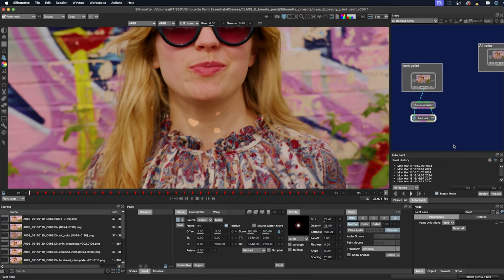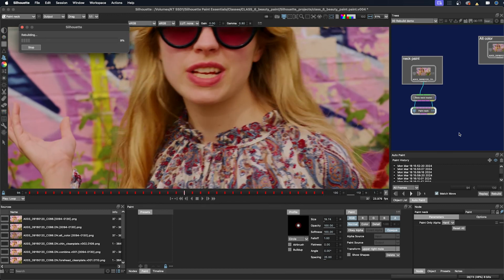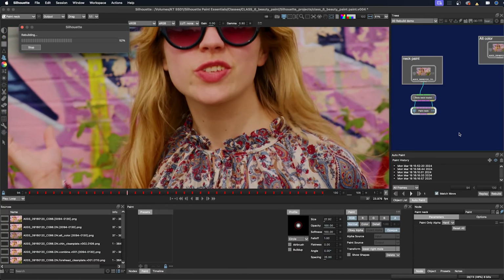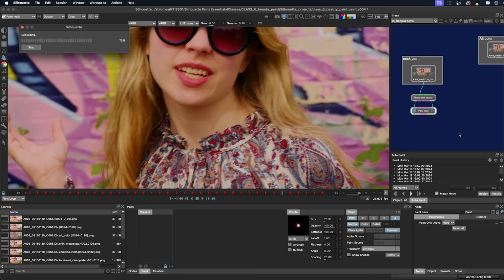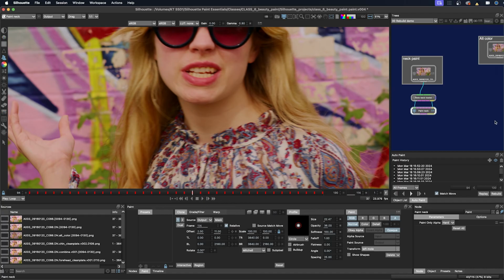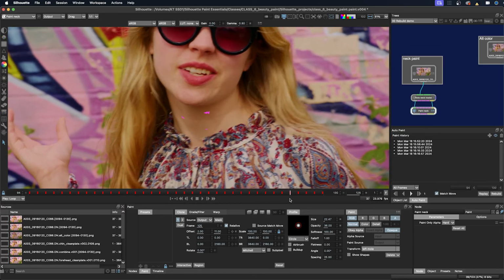Well, what you can do is rebuild it. So I'm going to click this rebuild button. I want to make sure that my frame range is the entire frame range, and then we'll just click rebuild. The rebuild feature is a really great feature. The entire paint history is being replayed across the shot automatically, and the paint will match. If I turn on the strokes tool, you can see how many paint strokes were repainted, and you can see them all here in the paint history window.